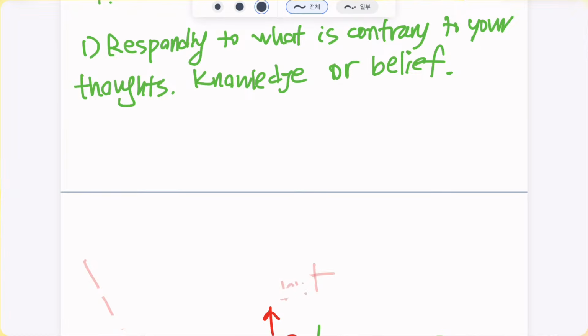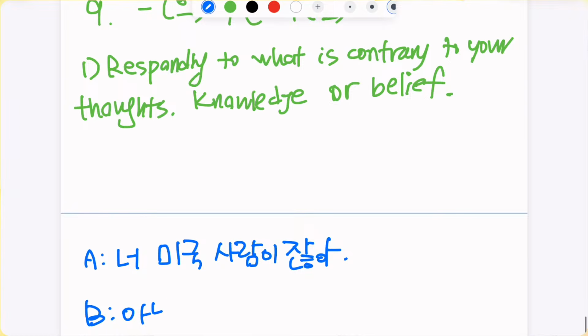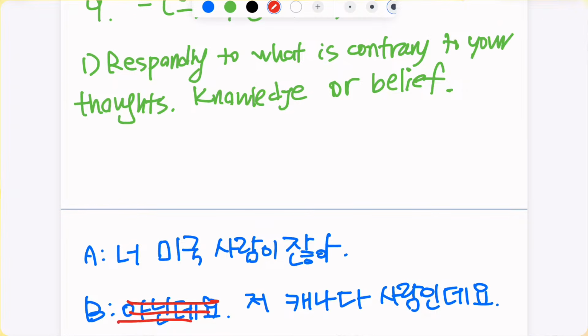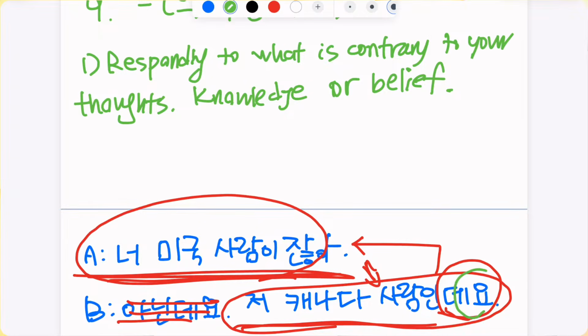예를 들어서 your friend tells you, 너 미국 사람이잖아. Hey, you're American, right? 미국 사람이잖아. 그랬더니 아닌데요. 저 캐나다 사람인데요. Or you don't even have to say 아닌데요. You can just say 저 캐나다 사람인데요. By saying 인데요, you imply that what the person said previously is contrary to the truth. So 너 미국 사람이잖아. 저 캐나다 사람인데요. 이거는 this 은데요 is obviously the first